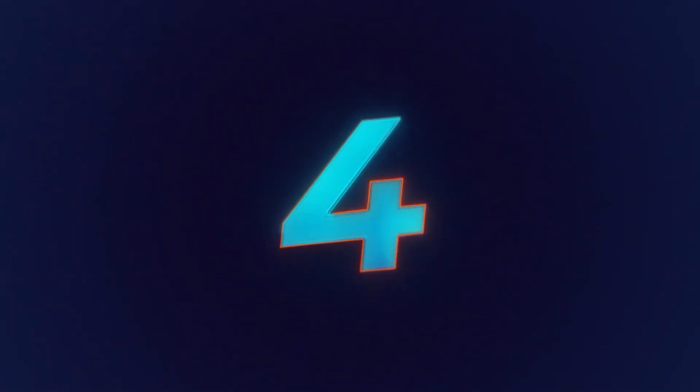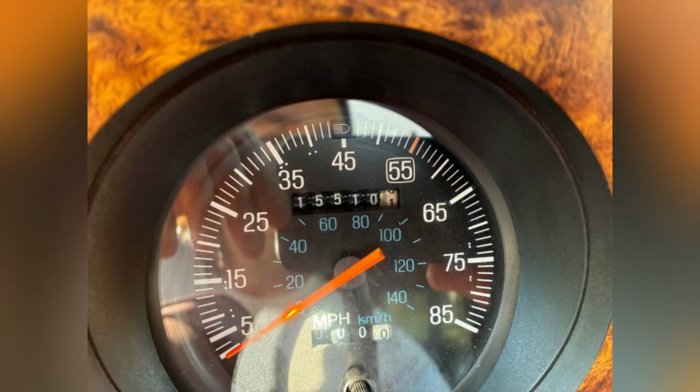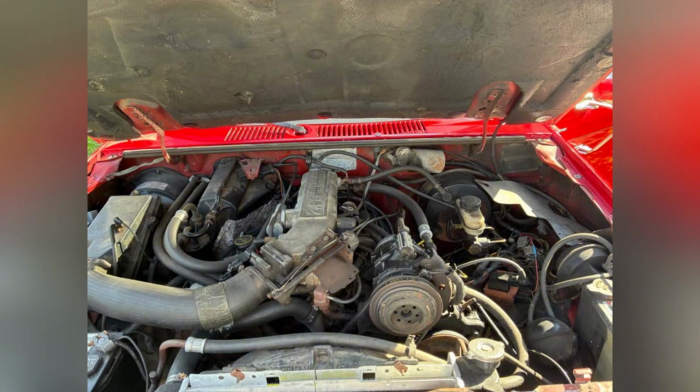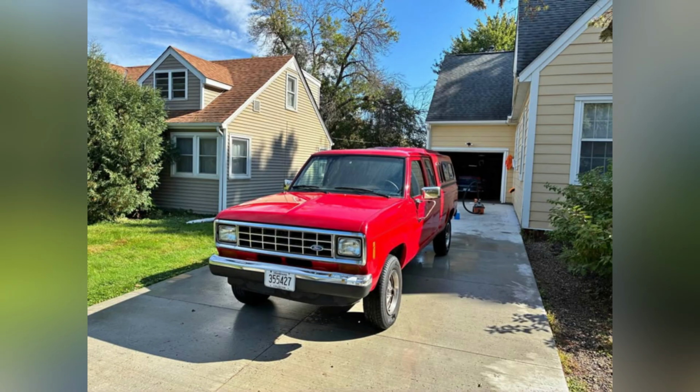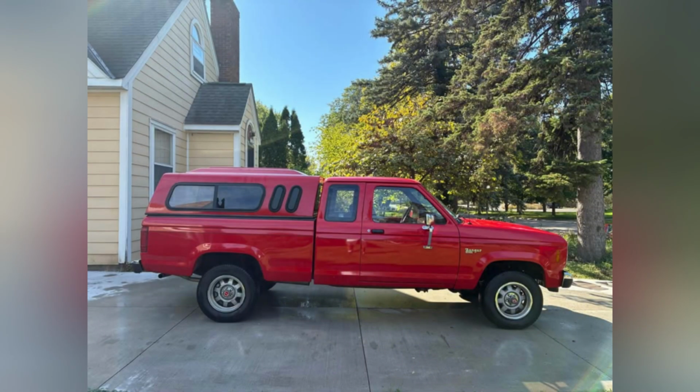Number 4. 1987 Ford Ranger, price $8,000, with approximately 155,000 miles on the odometer. It is powered by a reliable 2.9-liter V6 engine paired with an automatic transmission, delivering smooth performance both on and off the road. The truck features a fully functional 4-wheel drive system, making it versatile and capable in various driving